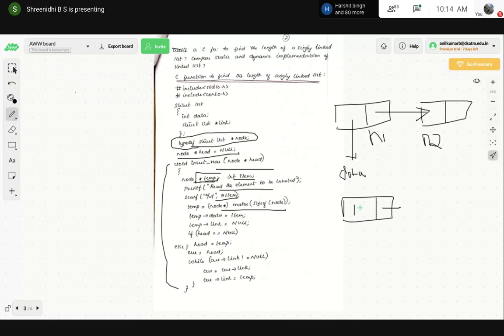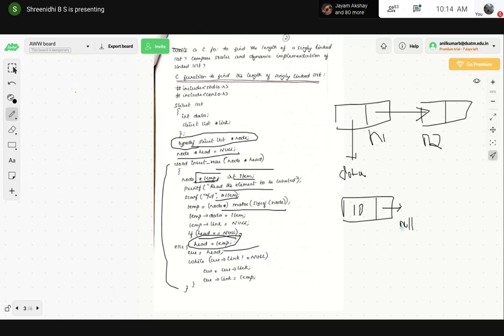Next, if head is equal to null, head is equal to temp, else current is equal to head.